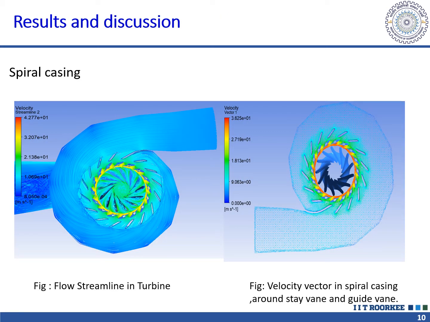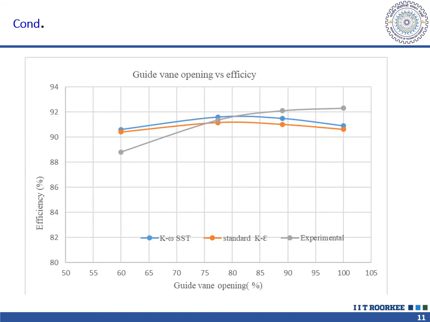A number of simulations were carried out at different operating conditions. From the result of CFD-Post, the pathline flow indicates that water is accelerating, moving toward the guide vane passage through the stay vanes. Velocity vector ensured that velocity is maximum at the trailing edge of the guide vane. From the CFD-Post, torque and discharge were noted and the efficiency was calculated. The comparison was made between the numerical efficiency and expected hydraulic efficiency from the hill diagram at high discharge condition, that is the case of 100% guide vane opening condition, which is also a condition of 130% load.